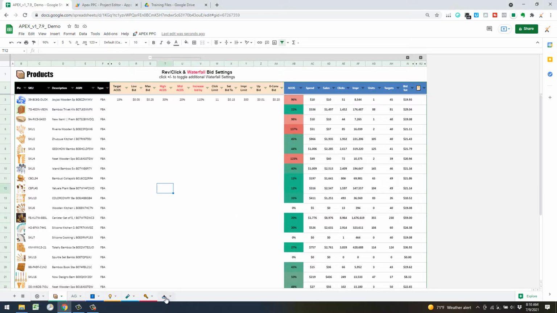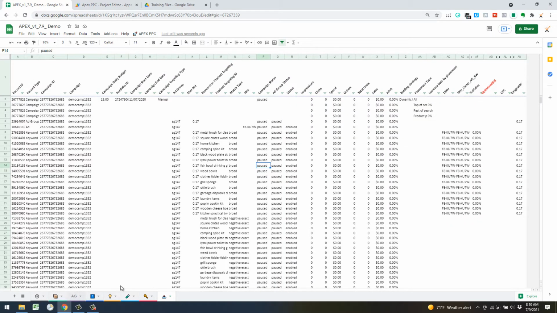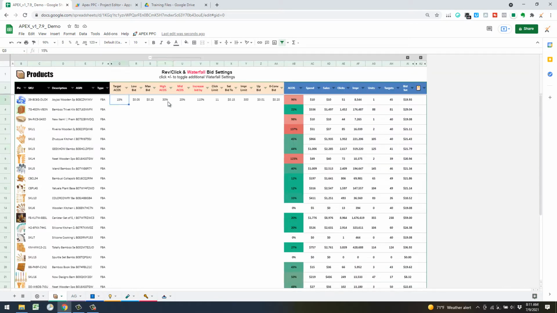In the last video, we ended up with having all of our tabs down here set up correctly after the onboarding, and here we're looking at our bulk sheets file that is formatted. We've got the additional columns off here to the right that are going to be super helpful in the future, but right now we're just going to jump over into our product dashboard where we've got some default inputs here